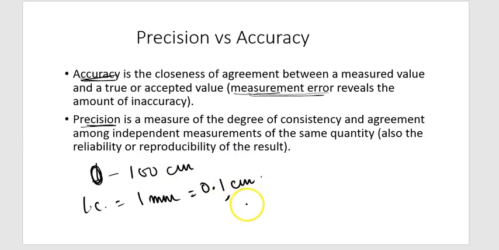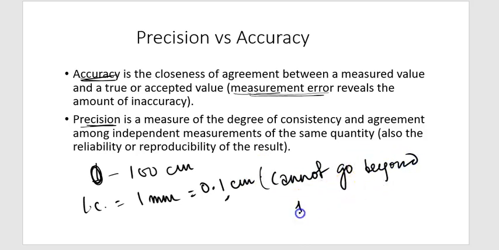So all my measurements will only have 1 dp and 1 dp only. It cannot go beyond that if I use a meter rule,